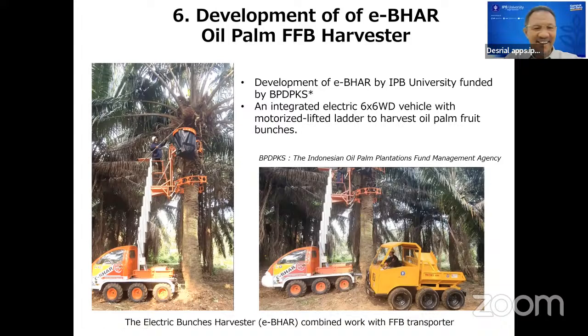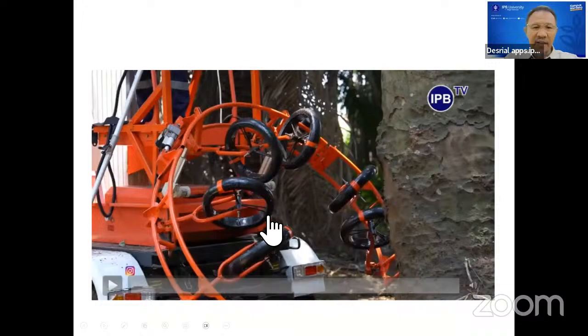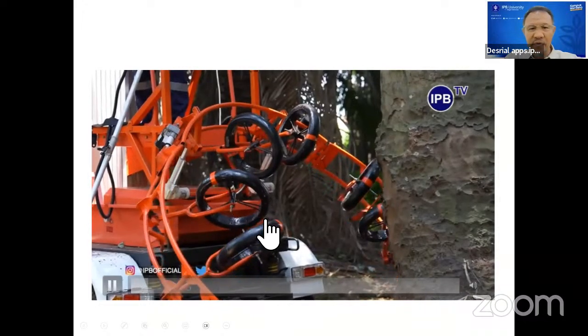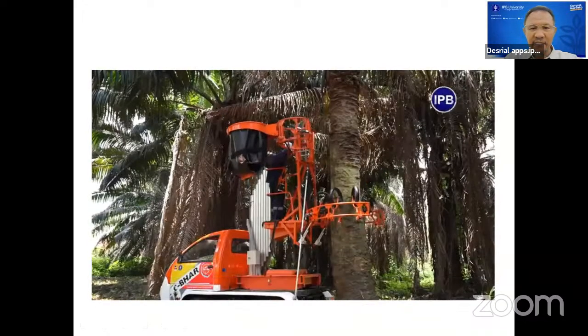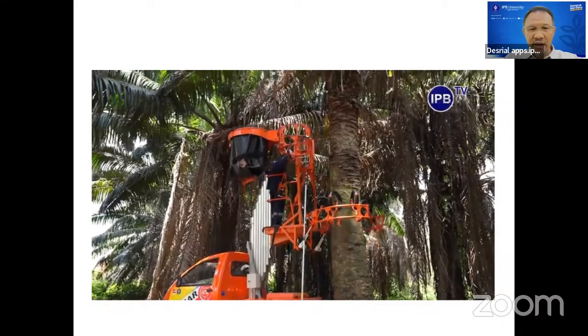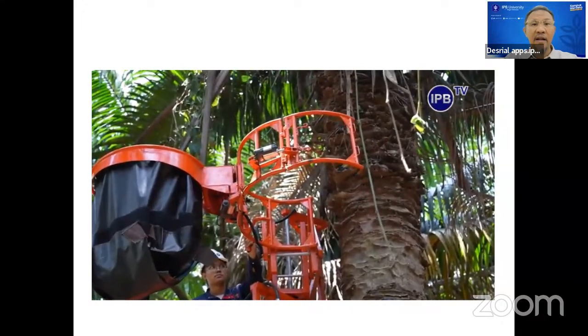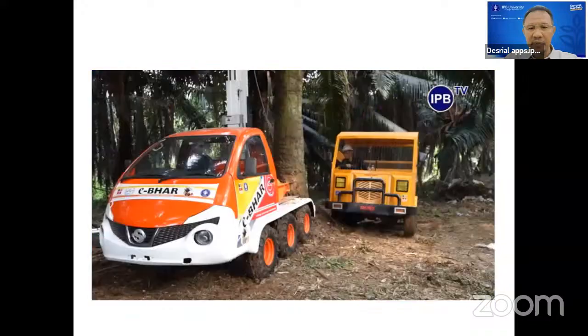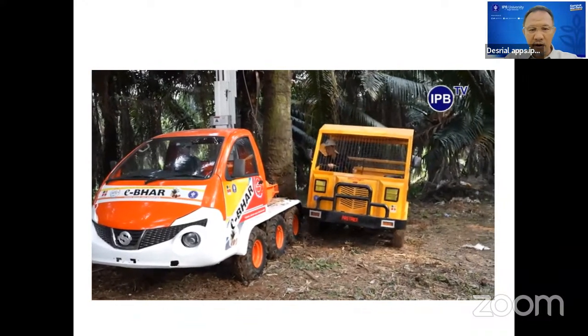This is the last slide from me. So we also developed the harvester. This is an electric type harvester for fresh fruit bunch, as you can see in this picture. And this is a short video of how the machine is working. So it can climb up to 12 meters, which is full or